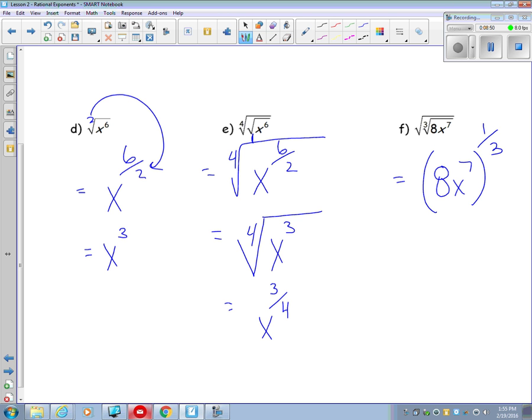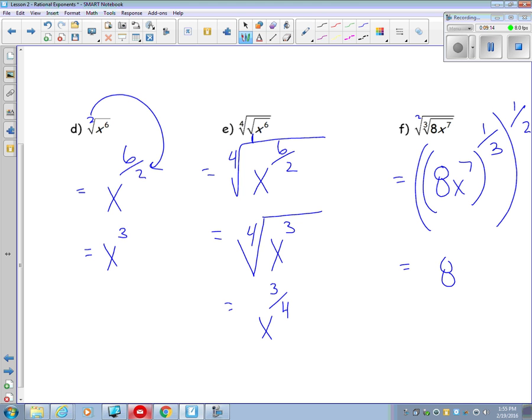Now, something I could also do if I want to work on the next root sign, I can put more brackets around it. That's another root sign. It's another fraction. There's a 2 here, so I could put a 2 here and a 1 here. And so every time I have an extra set of root signs, I can add more fractions on the outsides of my brackets. If I want to simplify this,